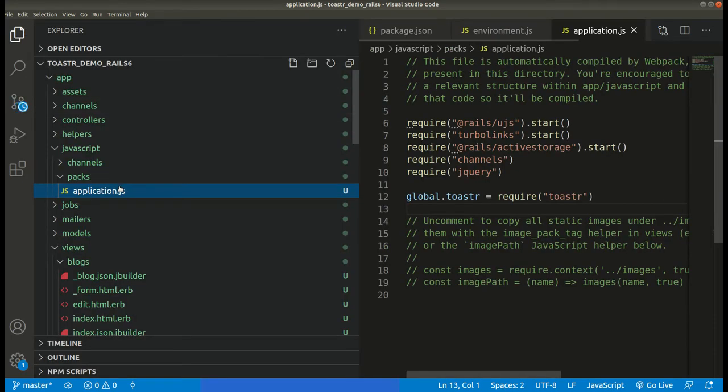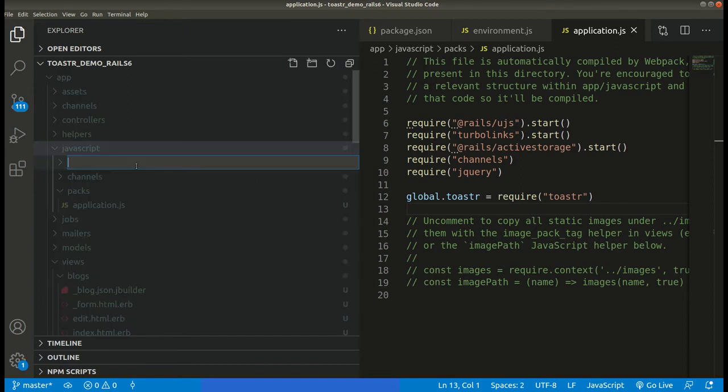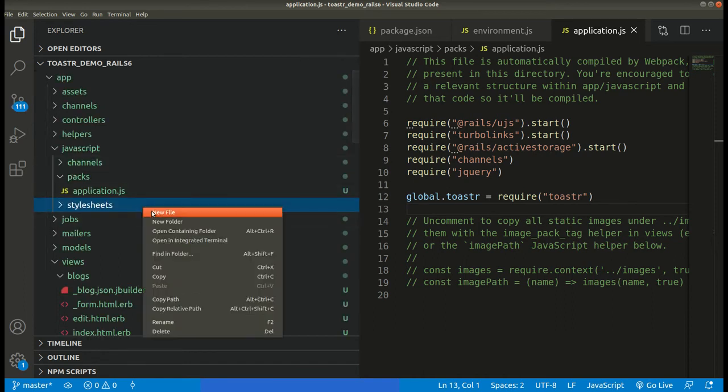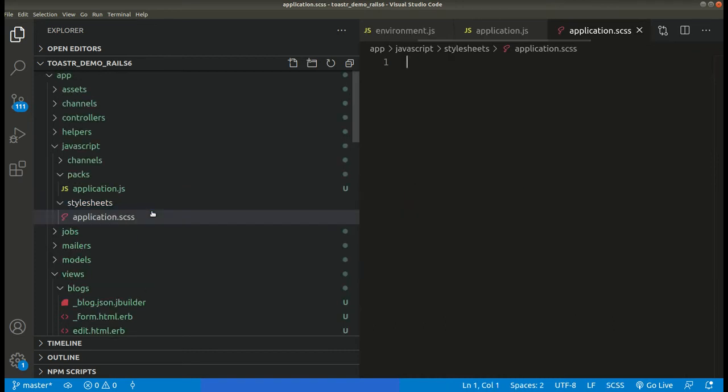Now let us create one new folder inside JavaScript. Here create a new folder called stylesheets, and here let us add one file called application.scss. So here we will be importing custom or library CSS files.